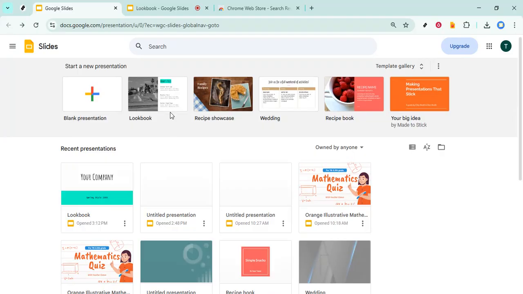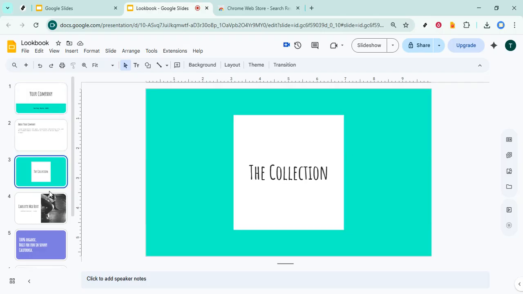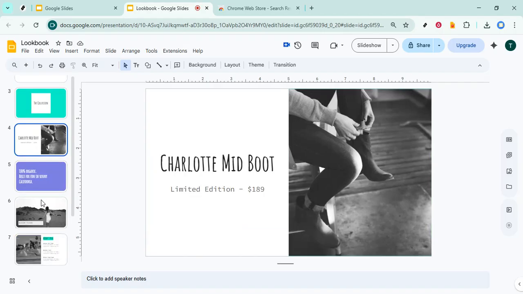Once Google Slides is open, click your recent presentation to load the deck you want to record. If you keep multiple versions, double check the titles so you're working in the right file. Let the slides fully load before moving on, especially if your presentation includes videos or animations, to avoid hiccups during